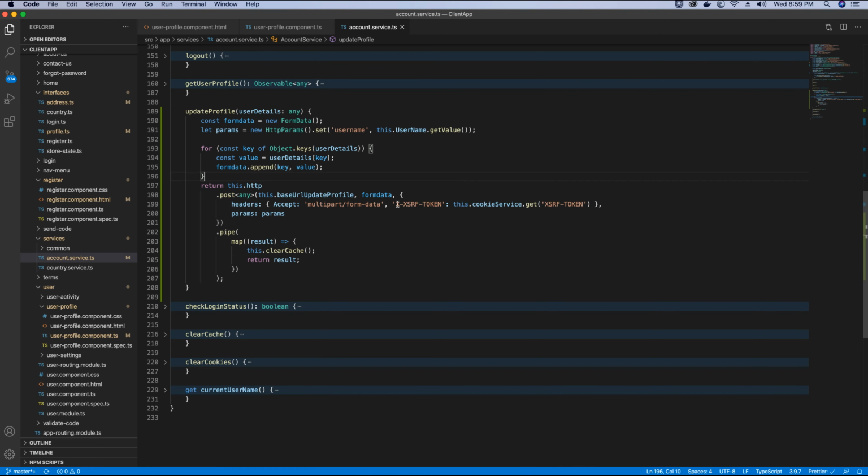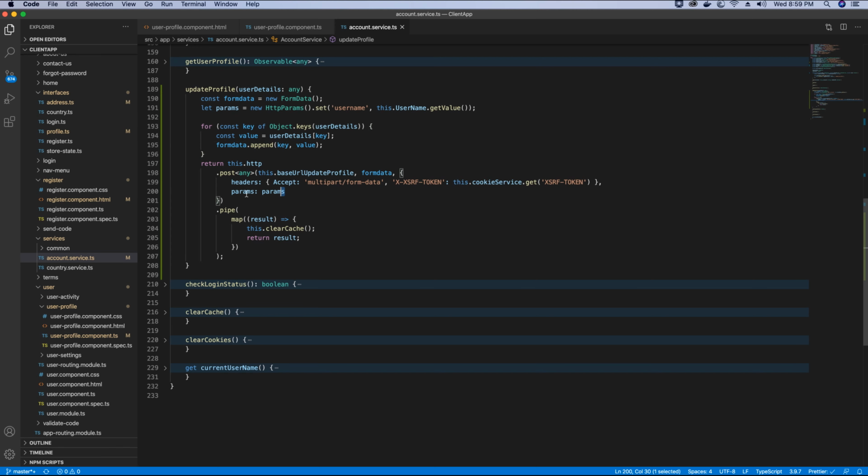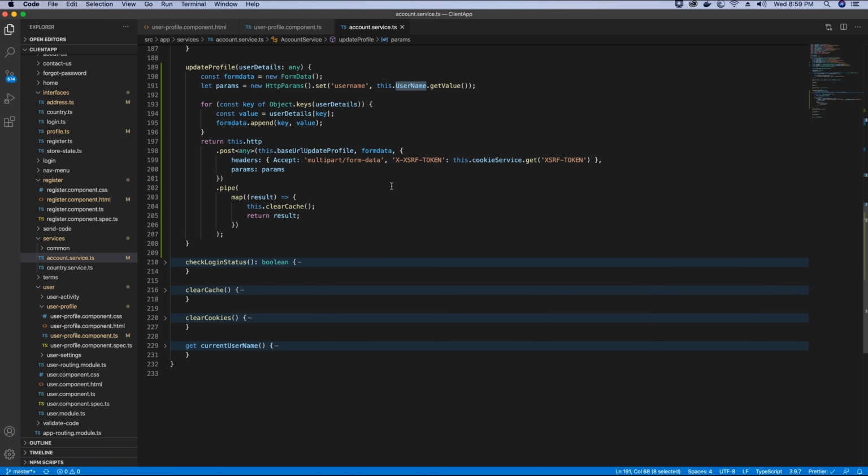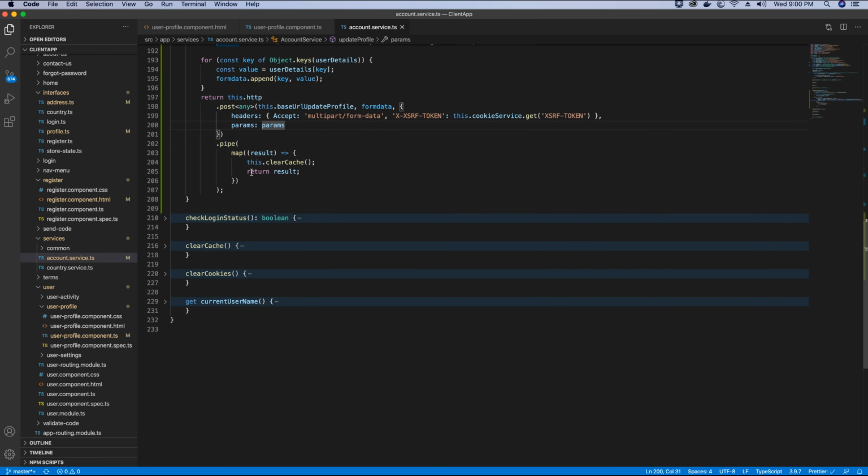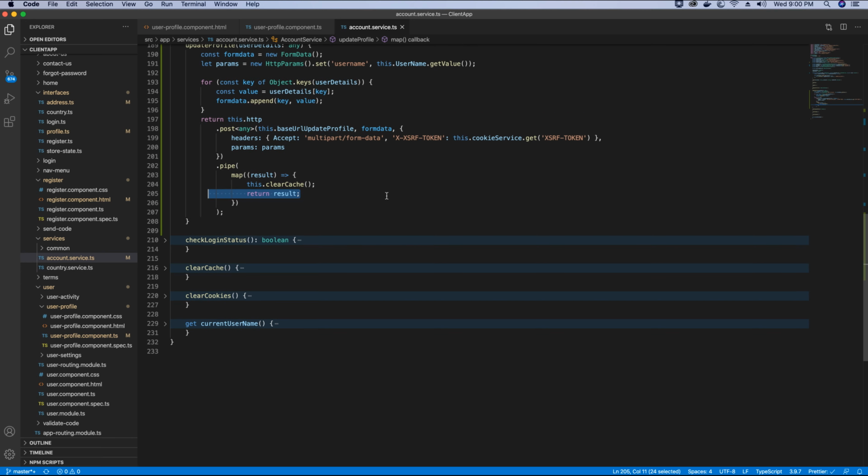Therefore, I have attached the XSRF token over here from the cookie, and then I have specified the params, which is the username that we want to update these profile details for, and then I have made the request. Once we receive the result, we will map the result, we will clear the existing cache and return the result to the user